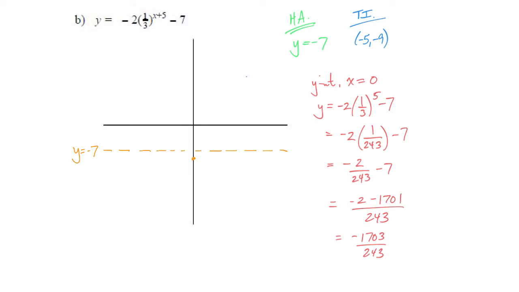I also have my transformed intercept at negative 5, negative 9, and maybe somewhere down there. So what I want you to do is to take a look at those features, and let me just make sure I label that, and they would all now be somewhat proportional. Okay. What I want us to do is to take one more key feature,